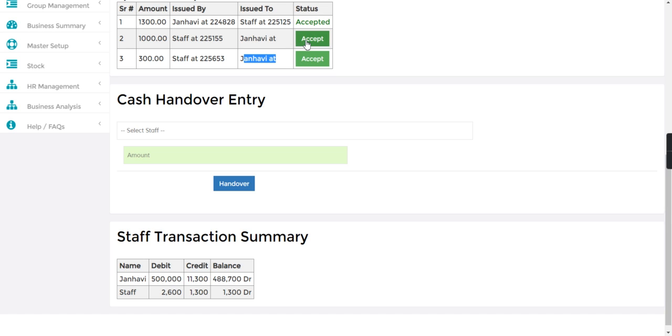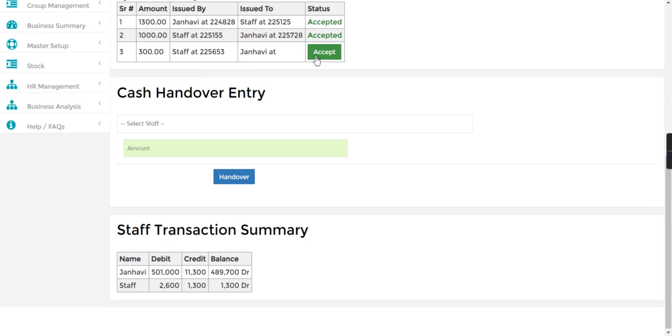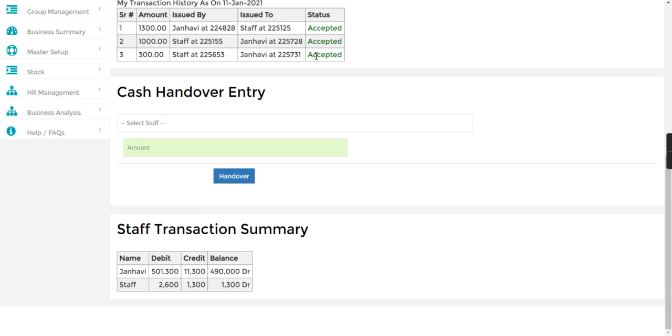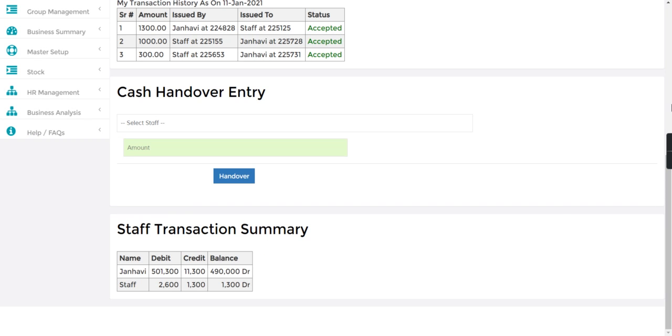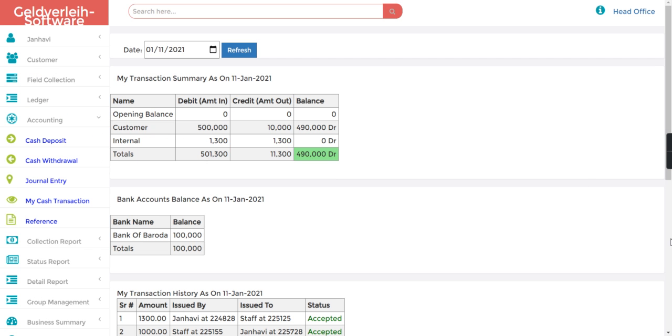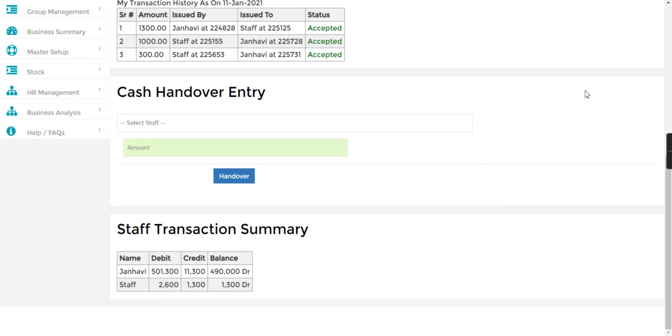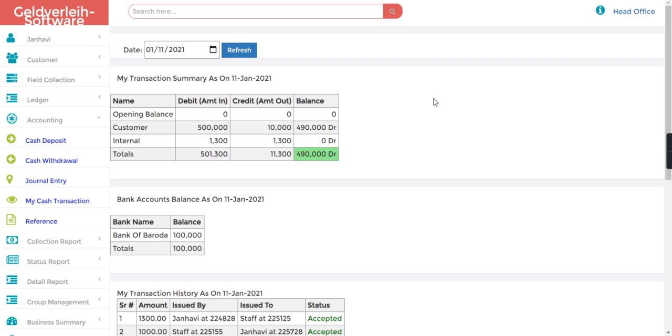So here admin will accept this amount, and now you can see 1,300 accepted by admin. So we can easily do the collection entries and hand over the cash to the staff, or staff can hand over to the admin, and we can manage our business in Jainam Software.